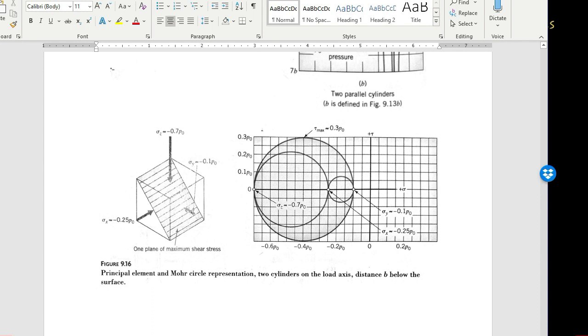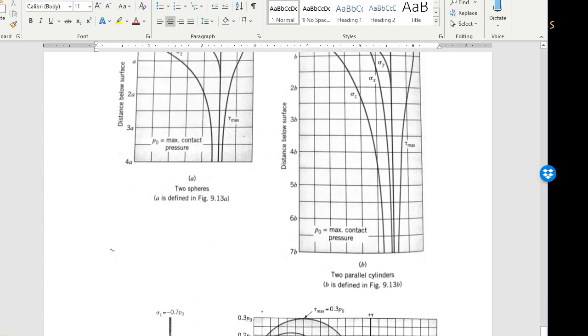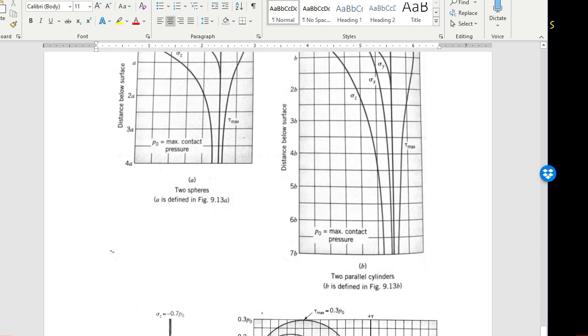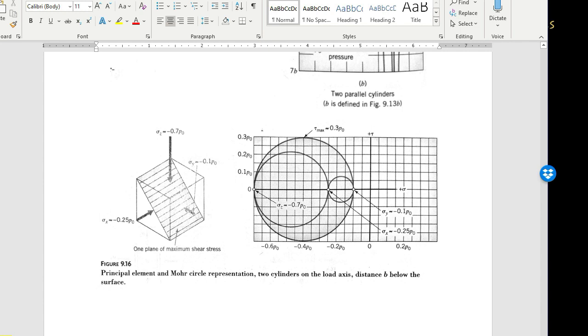10% of the pressure is going to be your sigma y, and then 25% of that pressure is sigma z. And this is at a distance b below the surface. If you look at this distance b here, that's that peak. It's almost that peak stress below the surface. And at this point, you actually get your highest shear stress, which is about 30% of your applied